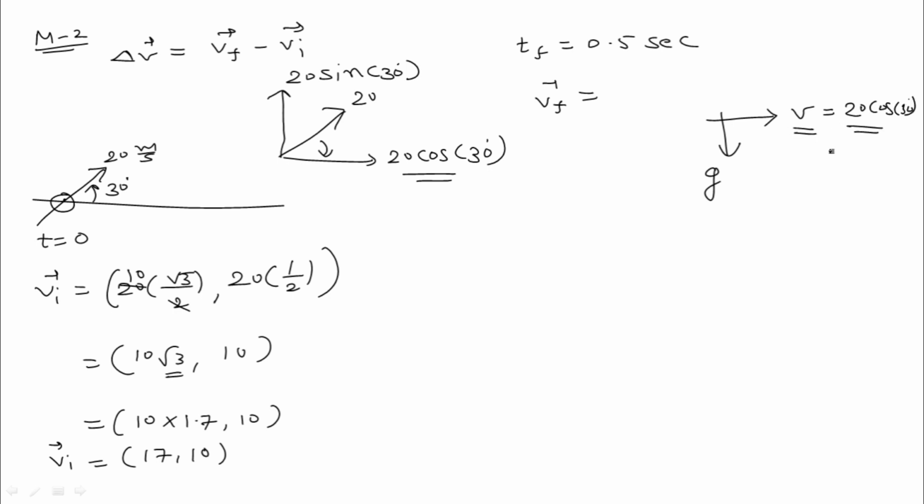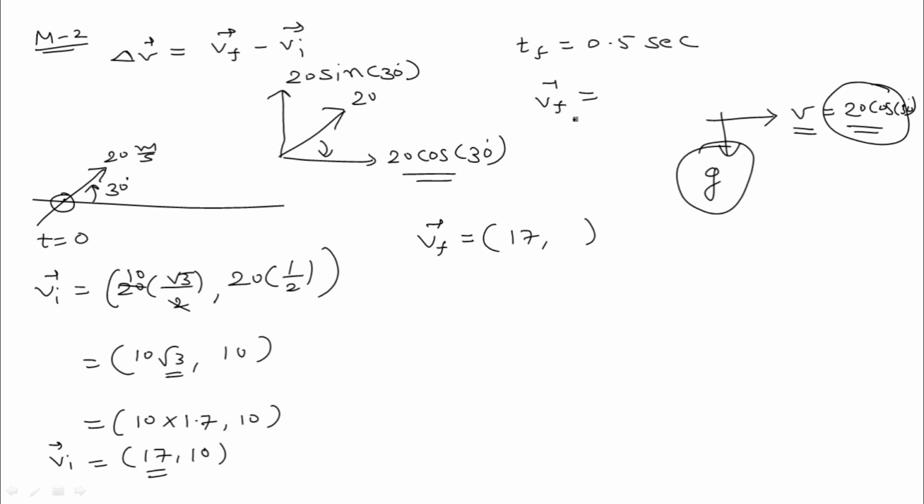This will be constant throughout the phenomenon because this acceleration does not change this component. So along the x-axis we have the constant value of velocity 17 remaining, and there will be a difference in